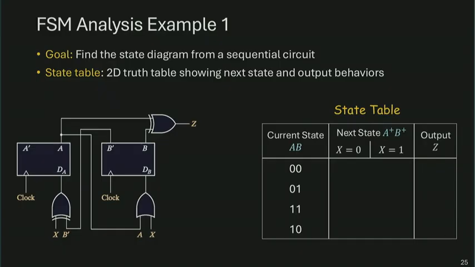All right. And to do that analysis, instead of going directly to the state diagram, which is a graphical representation, a more convenient way is to start with this tabular representation: to first write out its combinational behavior and also sequential behavior in a table, and subsequently convert the table into a diagram. So what I mean by this table? Well, the table describes the next state in terms of the current state and your input condition. And to figure out the next state, again, you have 2 approaches. Number 1 is to run simulation. So let's say my current state is 0 0,